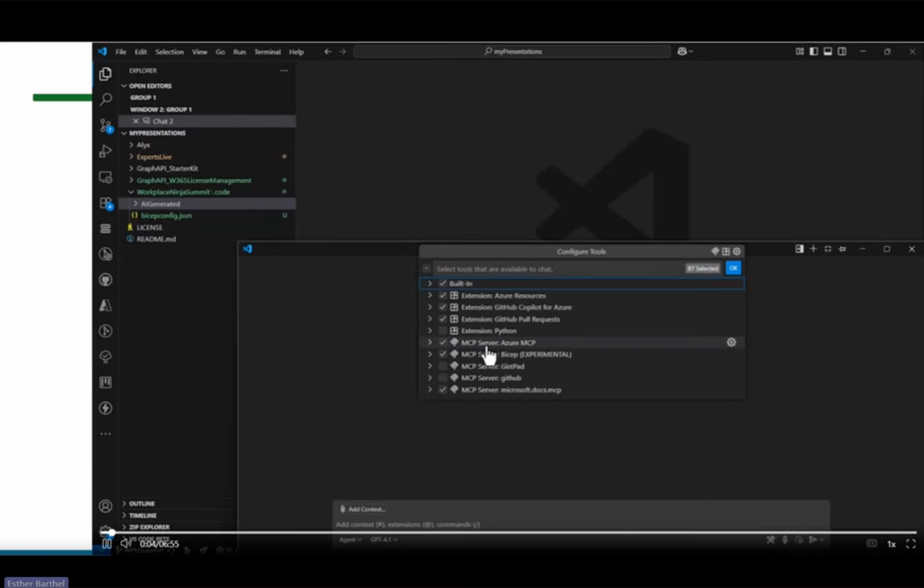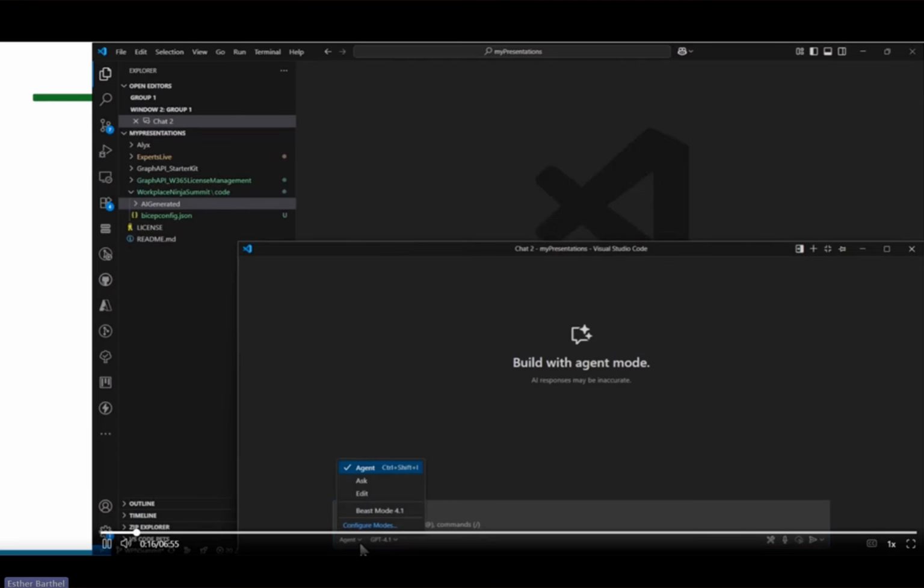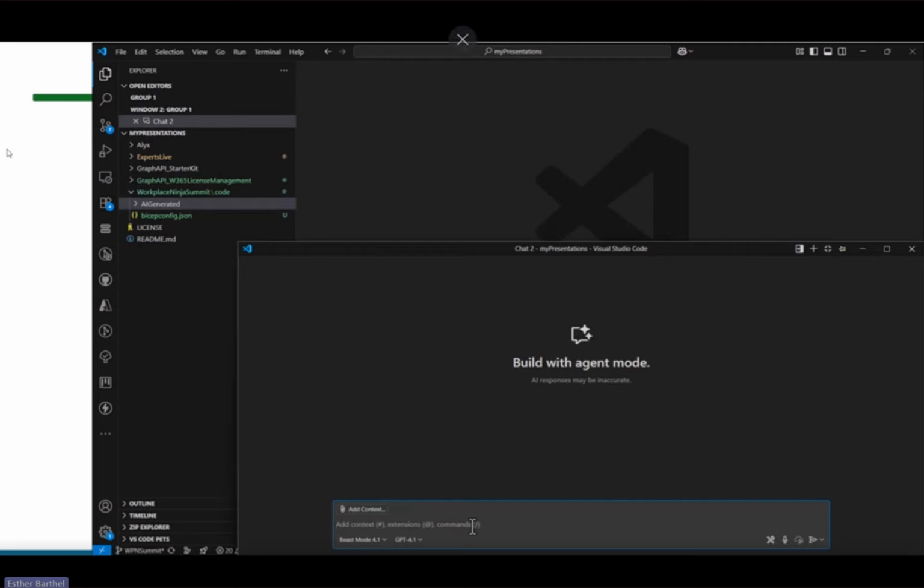And then I figured I can talk a lot about all the options that you have, but I can also show you the power that it has in action, hopefully. So as you can see, I selected different MCP servers. I changed it to my favorite chat mode, which is Beast Mode in this case.